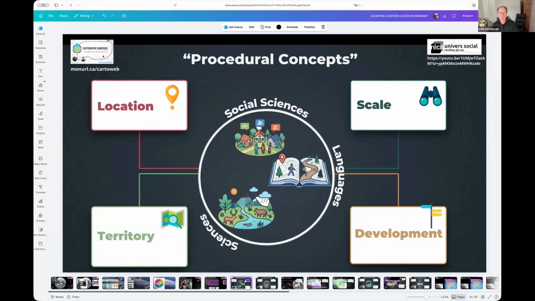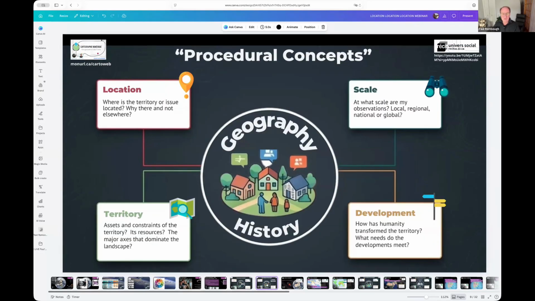Their presentation stressed, in the first 20 minutes, how it can be used in different subjects. And I've got a lot of different examples to show that are on Cartograf. So I wanted to use this structure: location, scale, development, and territory. And it's different for every subject. So to give you a